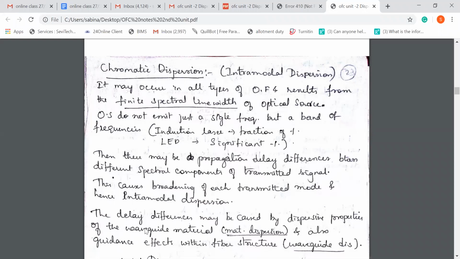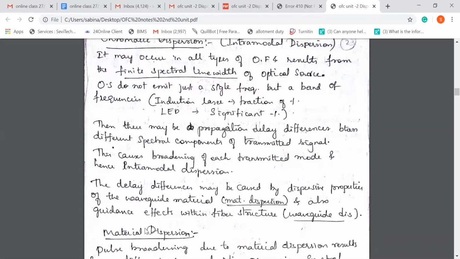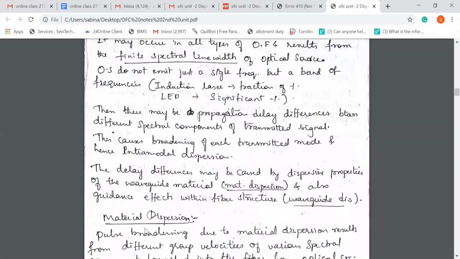It depends on the waveguide material also, and on the guidance effect within the structure, which is waveguide dispersion. There are again two types of dispersion: one is material dispersion and one is waveguide dispersion. Okay, so whatever